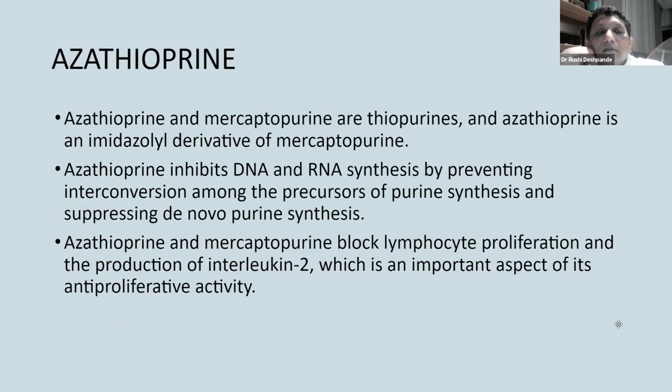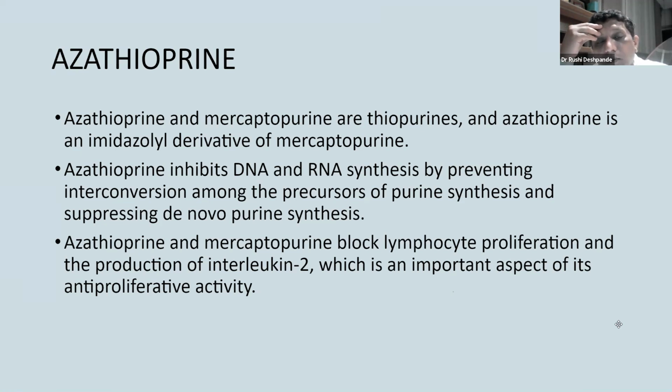Into the next drug, that is azathioprine. Now, azathioprine is a thiopurine. What does that mean? It is a derivative of mercaptopurine. So it basically just blocks purine synthesis and inhibits DNA and RNA synthesis. Now it is non-specific. MMF was doing a similar thing, but it was specific. In that sense, it was inhibiting an enzyme called IMPDH, which is present only in lymphocytes, predominantly.